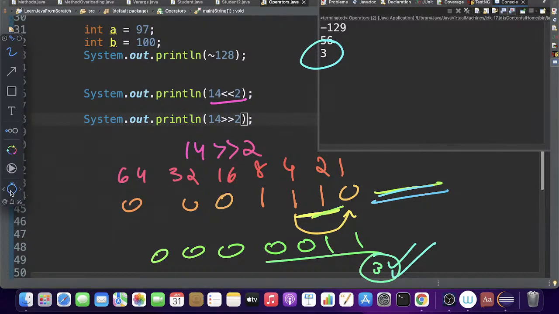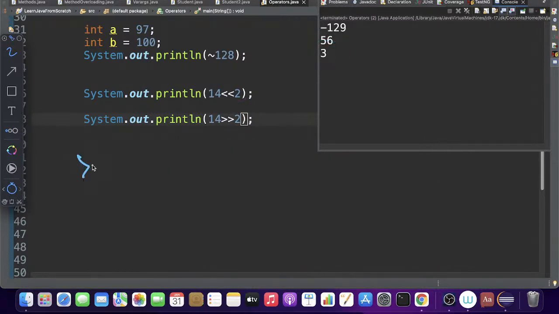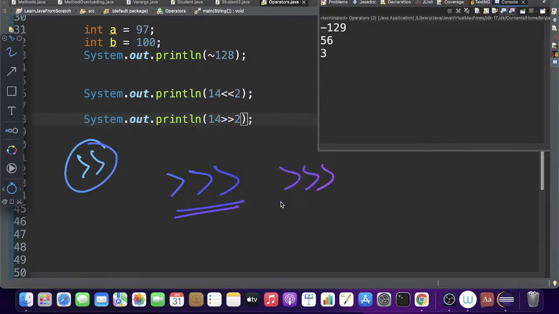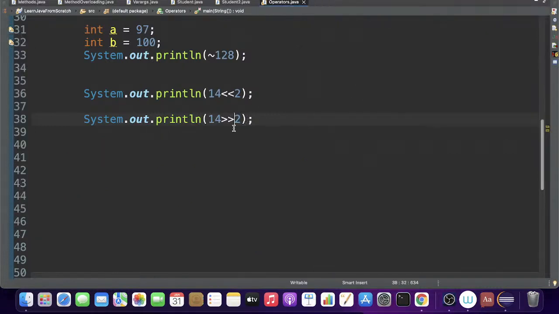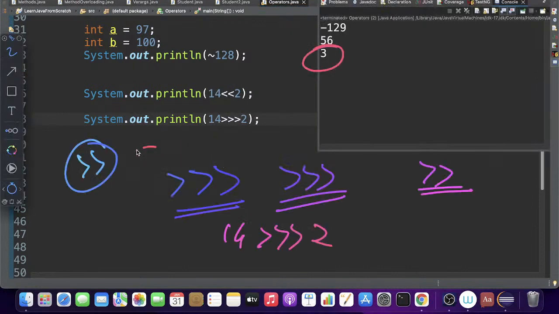Okay, so in this what happens is, for now you don't have to worry about sign bits. So if you use this sign is preserved, but there is another that is called as this. Okay, so over here if you use the 3 right shift operators, it again works the same way. Okay, but in this the sign is preserved. So if I do 14 like this, so the resultant will again be 3. So let's discuss this. See, these are same, but for now we don't have to worry about signed and unsigned